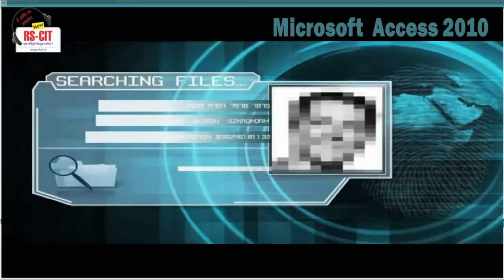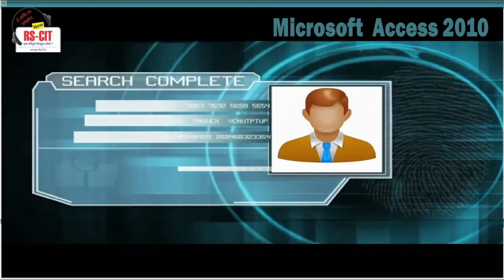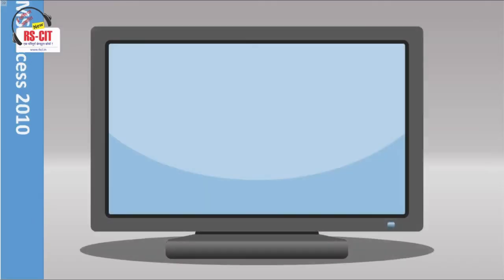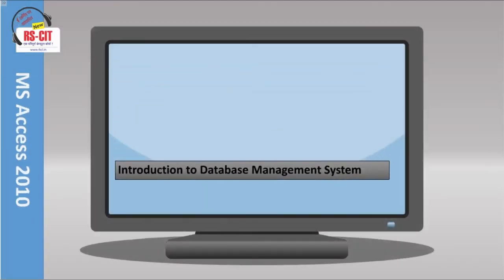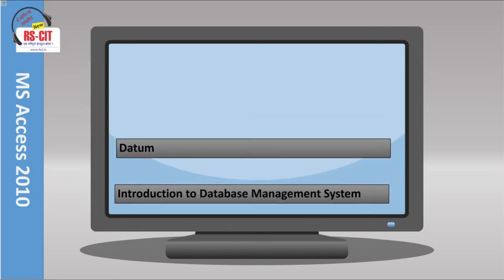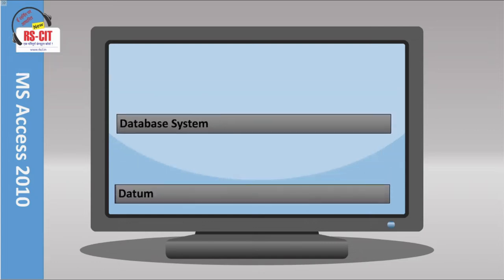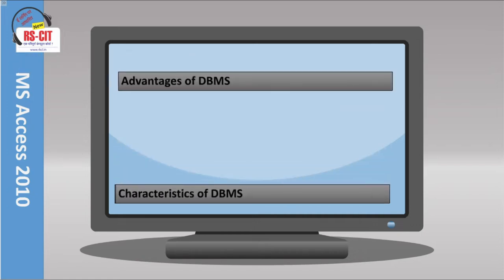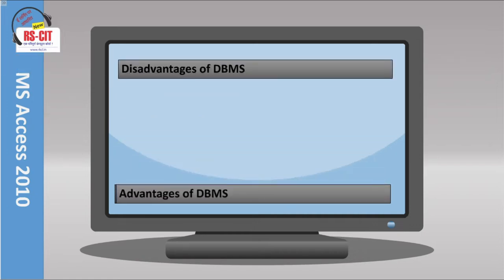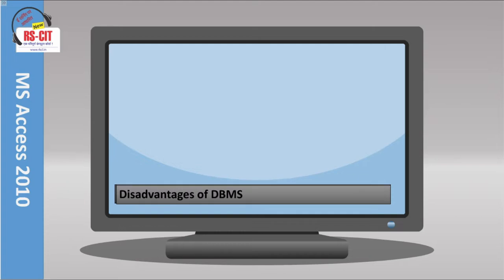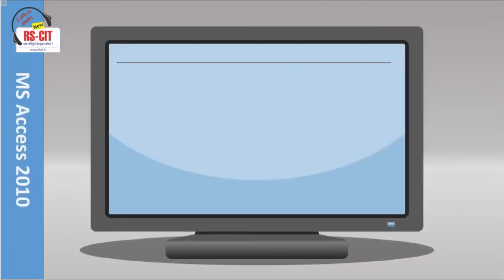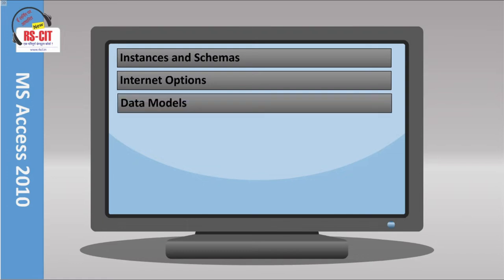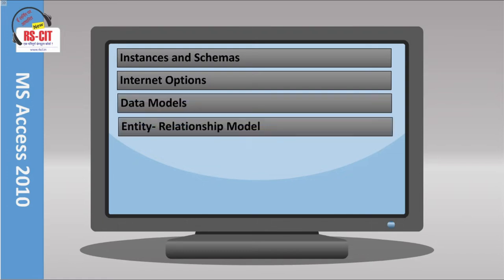In this chapter, we will learn various skills of Microsoft Access. This chapter will cover Introduction to Database Management System, Datum, Database Systems, Characteristics of DBMS, that is Database Management System, Advantages of DBMS, Disadvantages of DBMS, Instances and Schemes, Internet Options, Data Models, Entity Relationship Model, that is ER Model,